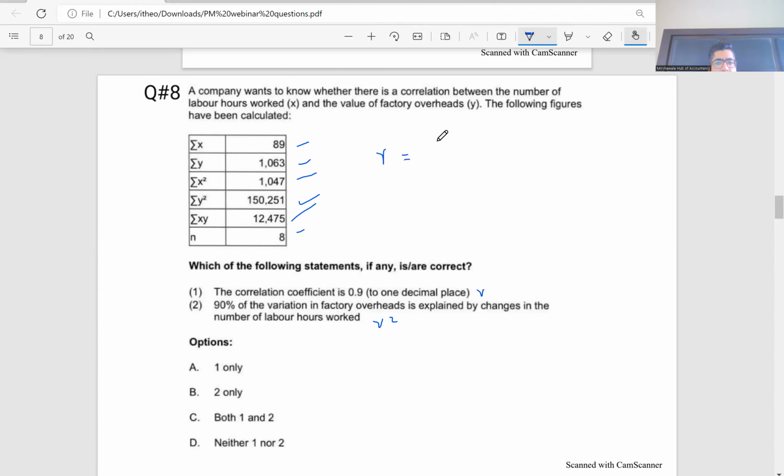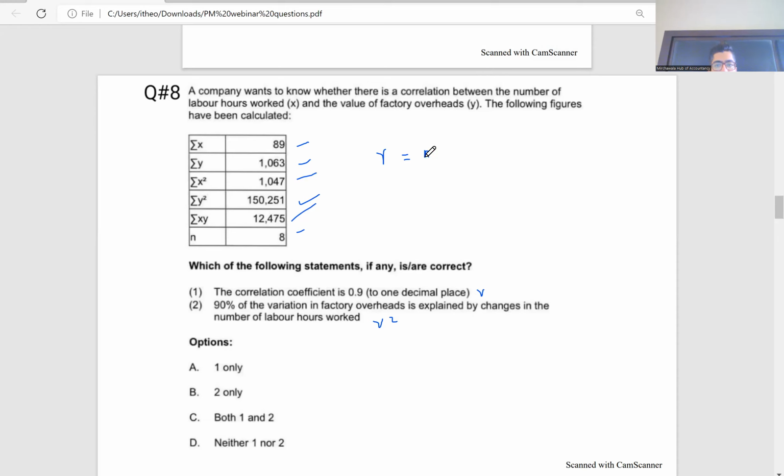It's N. N is 8. Summation xy. So summation xy is 1,2,4,7,5. Okay. Minus summation x, summation y. So you can see summation x is